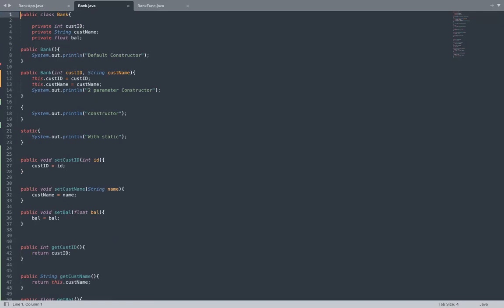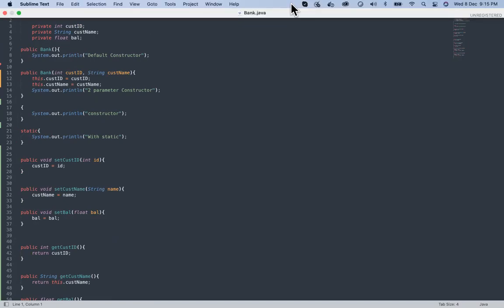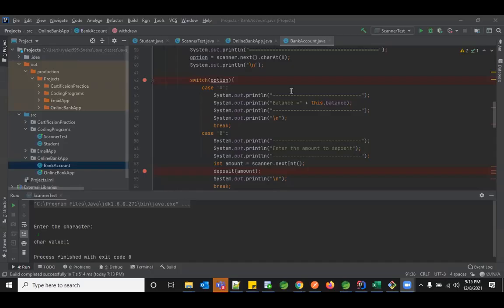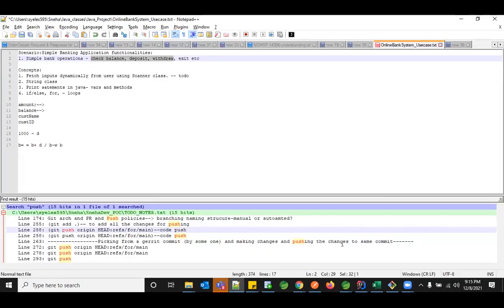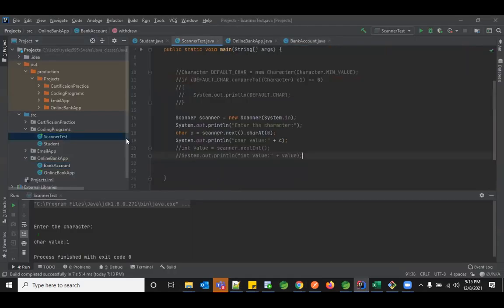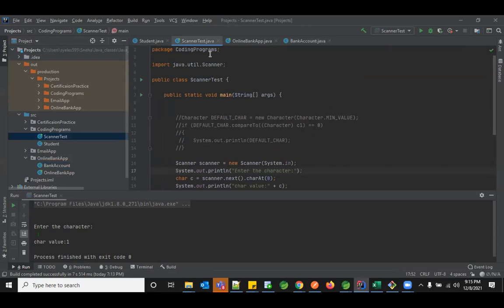Why we need to use that package is something I'll share my screen right now and tell you. You can stop sharing, Kirba. Okay. So every time you need to have the package. The structure of your class looks like this: first your package. Then you have your imports, whatever classes you're importing from the classes you have created or from the Java inbuilt packages, that would be your second section. And after that, your actual code template begins.